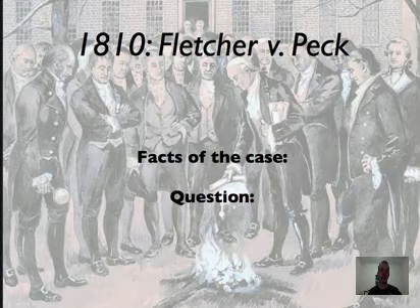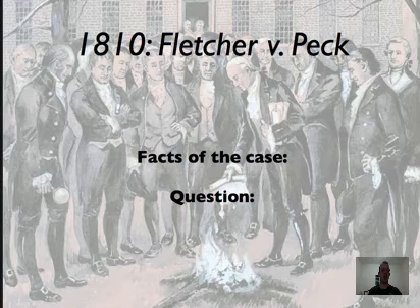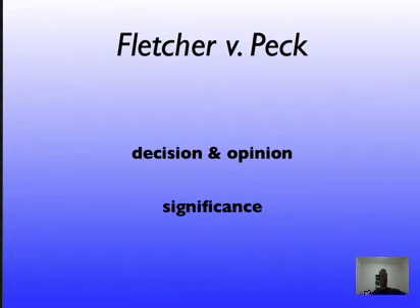Can the Georgia legislature go back and invalidate a contract between two people? And here's what the court said. The court held that the Georgia legislature, or any state legislature, could not take away the land or invalidate the contract. The court said that laws annulling or getting rid of contracts or grants made by previous legislative acts were not allowed. Basically, since that land had been legally passed into the hands of a purchaser for a valuable consideration, even though there was corruption in the deal, then you can't invalidate that law.